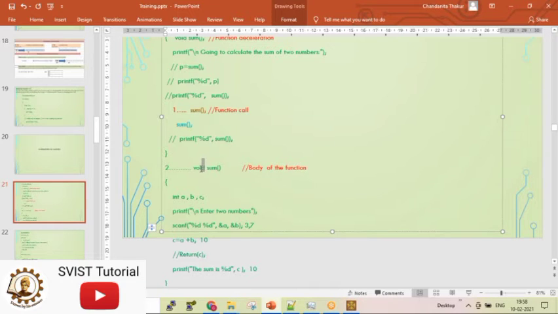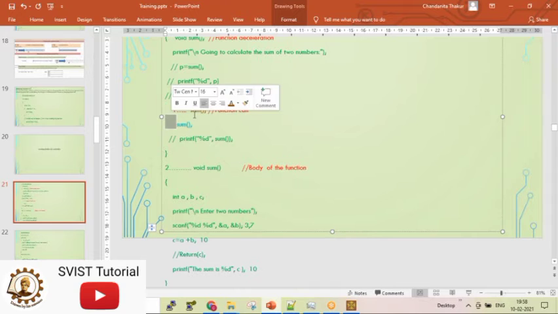Again, as I told you yesterday also, void does not mean it is not returning anything. It is returning a null value to the calling point. What is my calling point? This is the calling point. Returning a null value is just like returning the control back to this line, even though no value is returned.